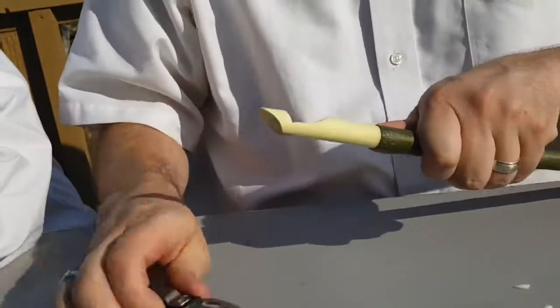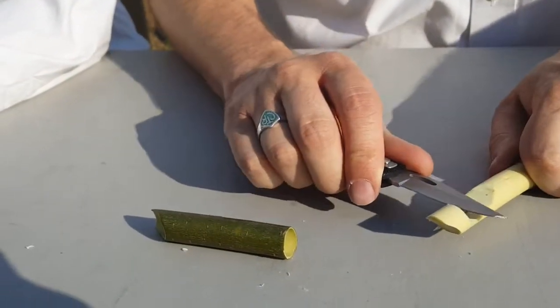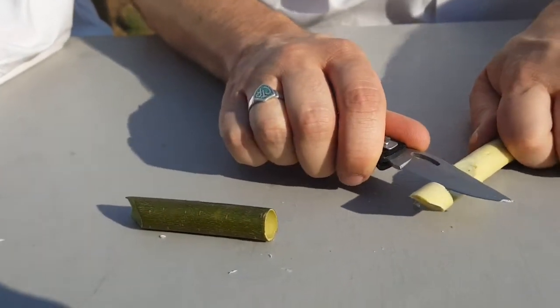We have one last thing to do, and that's cut the hole that we blow into. You want to make it straight with your groove here. So I'm just going to cut